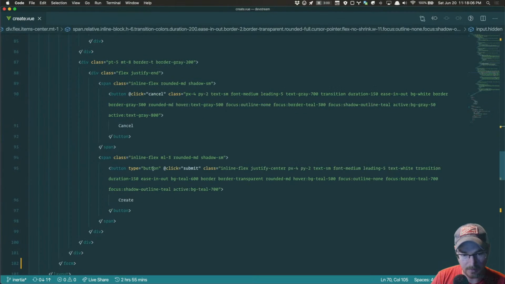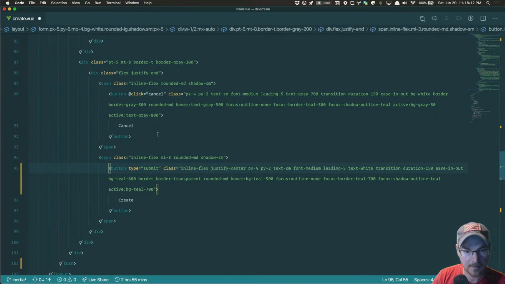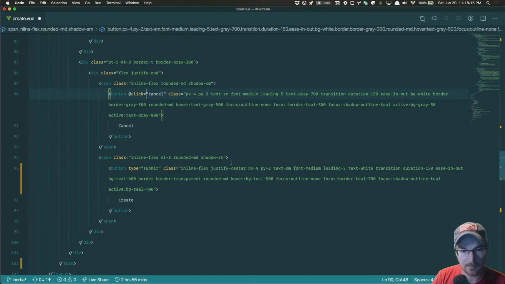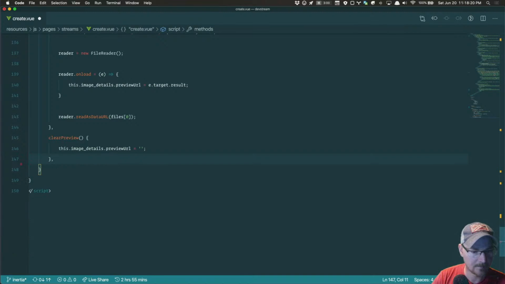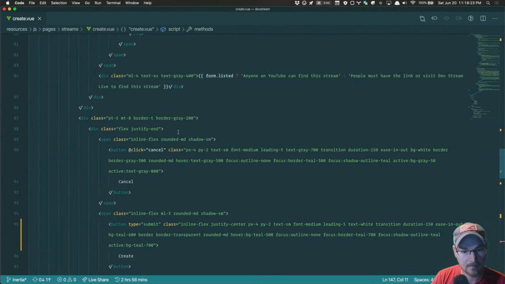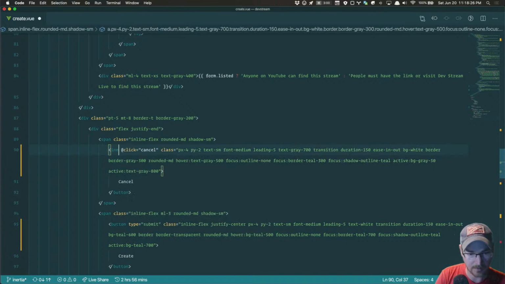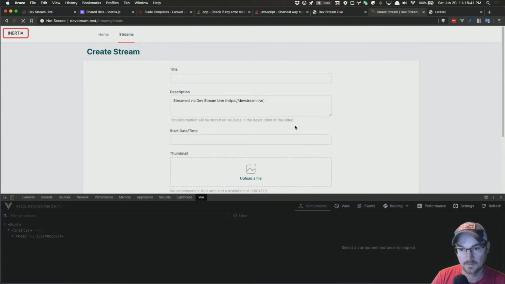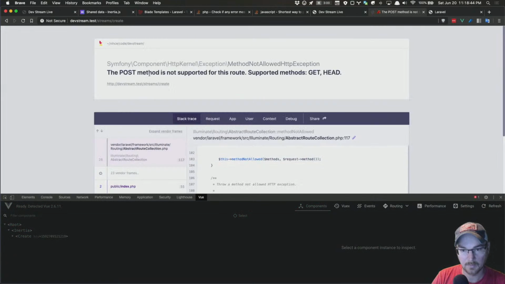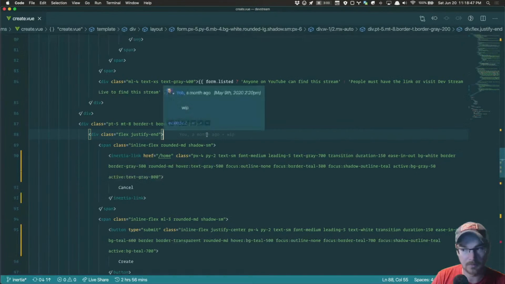This create needs to be submit. Right, cancel is supposed to take you somewhere else, right? So there should be like an inertia-link. This should be like href equals slash home or something. Yeah, great. And then great. Post method last first round. Alright, so where we